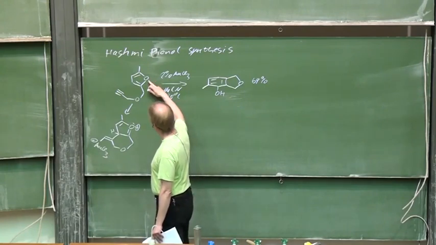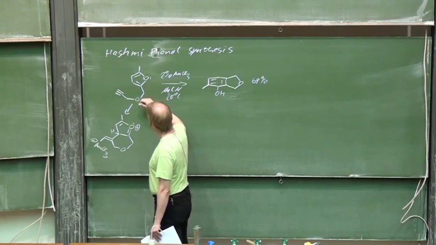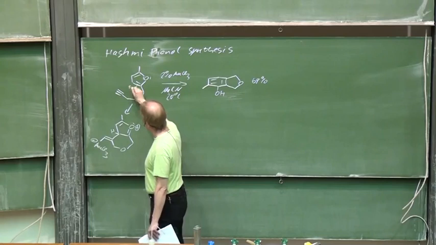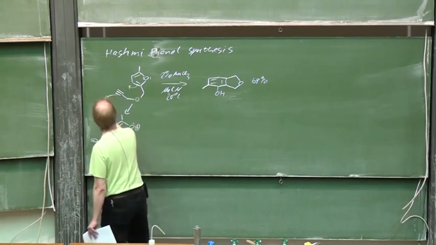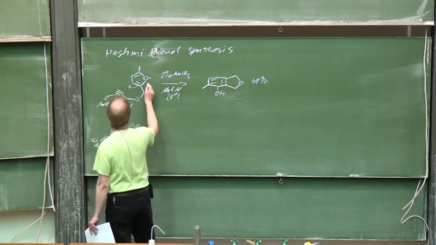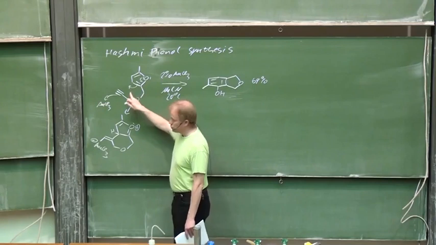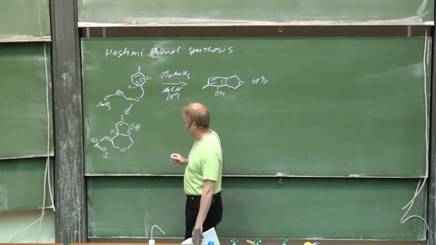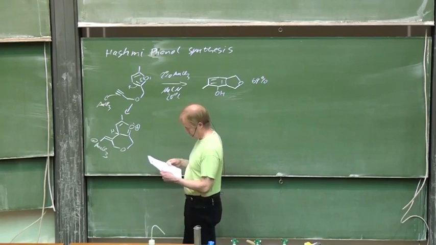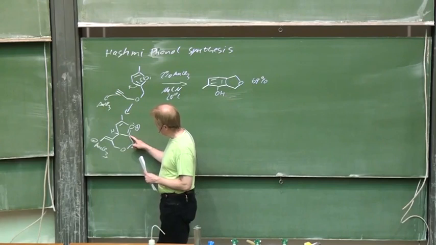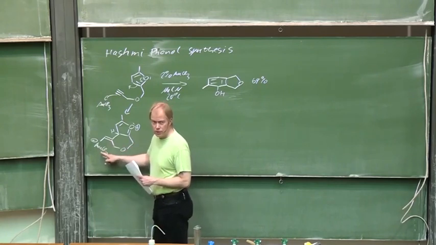Okay, I think that's right. So, this is the nucleophilic center. And this is the way the electron density should migrate. Okay, so we have a stabilized cation here, a vinyl orate there.